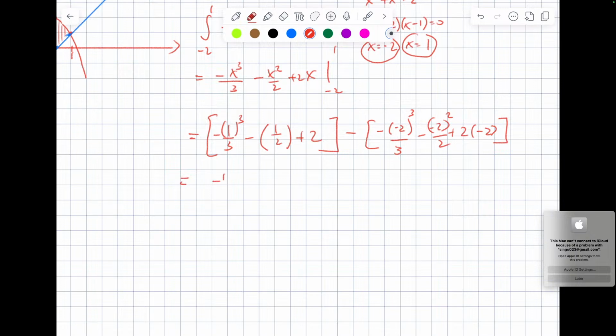So this is going to be -1 over 3 minus 1/2 plus 2 minus this one's going to be -8 over 3. This one is going to be minus 4 over 2 and minus 4. Now, I will combine this way because I feel like a lot of times, especially when you have multiple different fractions, this will be easier because